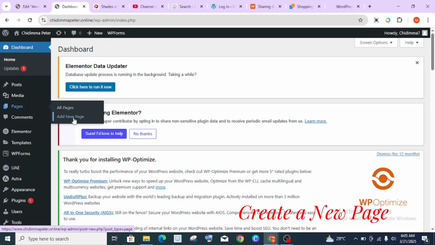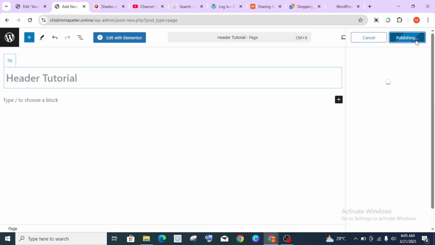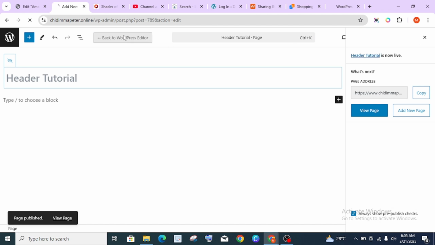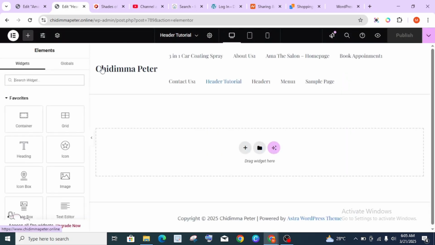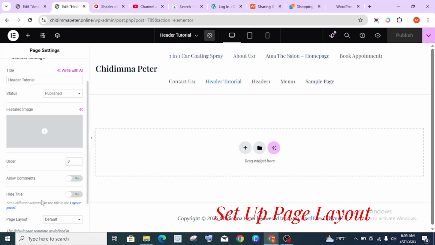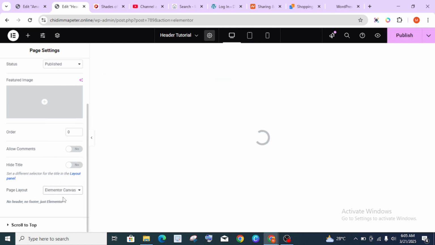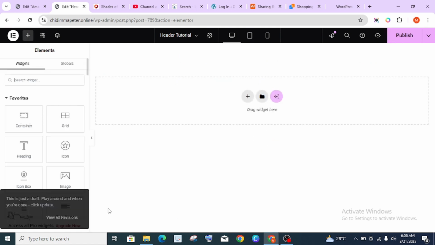You create a new page. Now we need to name this page header tutorial. We say publish the page. Now this is with Elementor. The page layout is just the default layout of the site, so we're going to change that. We head over to page setting. Under the page layout, we change it to Elementor canvas, and this will give us a full blank page